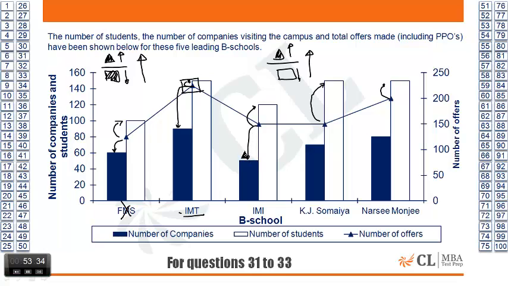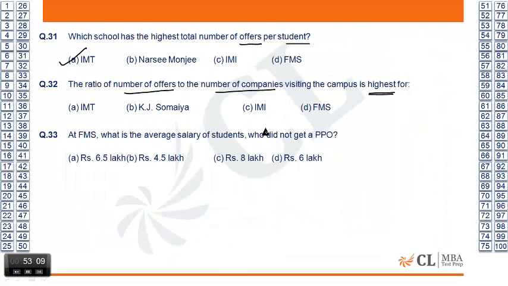Numerator high, denominator low. But I can see that this gap is almost the same, no? To this gap. But this denominator is low. So I think IMA is good. This gap is less, but denominator is higher than this. So this guy's denominator is low. That is going to push the value up. So Sobaya goes. I think this gap is almost the same, no? And his numerator is high, denominator is high. I think this IMI. Okay. Yeah, see. Already, at FMS. Yeah, our FMS is there.